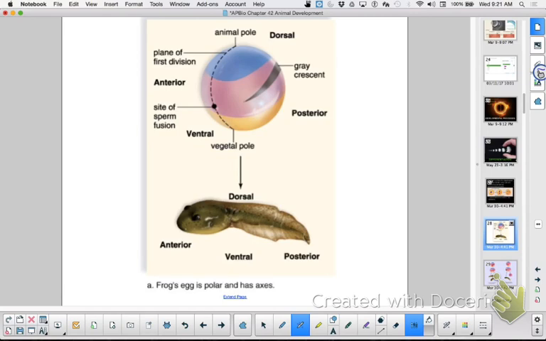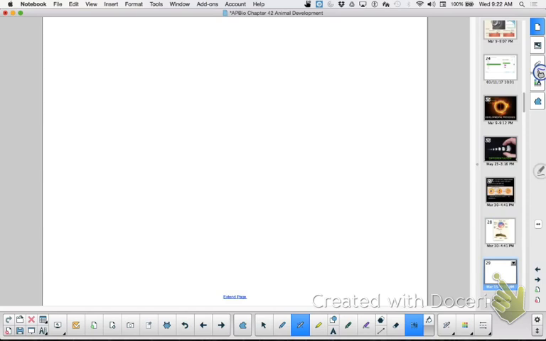So that becomes the anterior region, because what's in the cytoplasm right there is slightly different at this end than it is at this end. Where you have more yolk, at the bottom, that will be the ventral region, called the vegetal pole in the frog, and the opposite region will be the dorsal region. So if I drew this out like this,